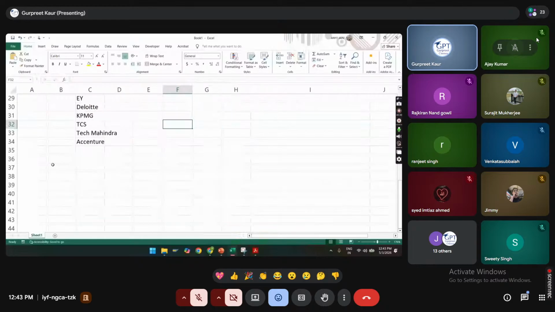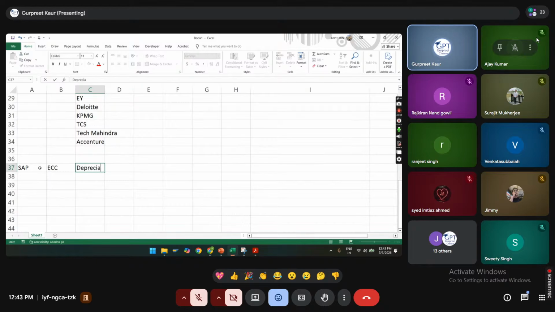Okay, I think all of you are aware that SAP is not decommissioning ECC, but they are depreciating the services of ECC. By December 2027, they are depreciating the SAP ECC support to the customers. And if it is going to be there from Jan 28 to December 30, the cost is going to be very high for support.